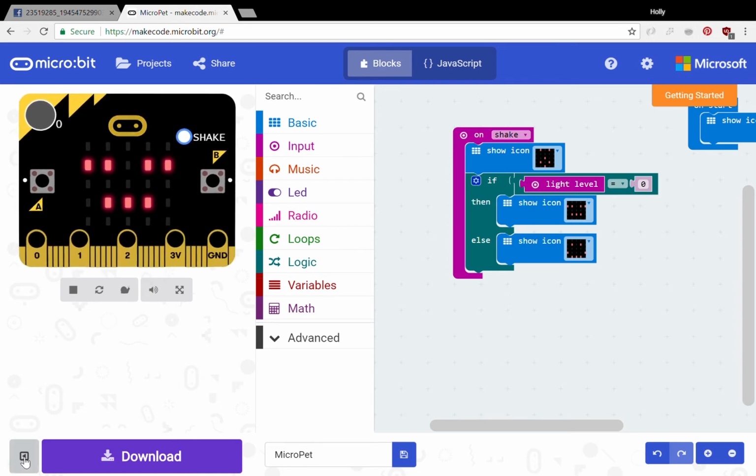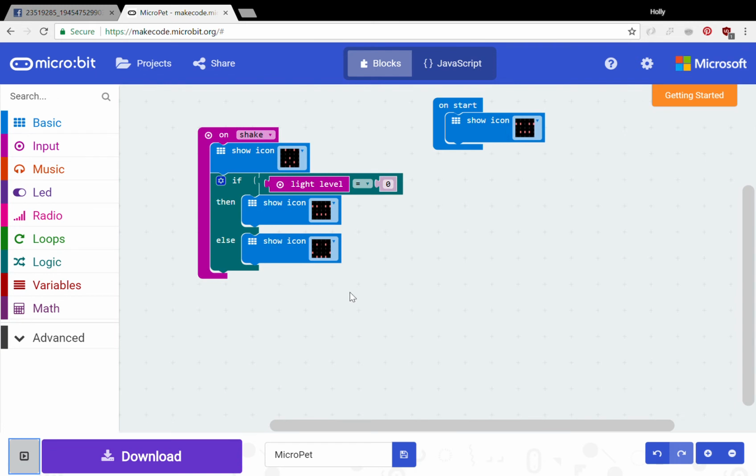Now, if you want to, you can save this and copy it across onto your microbit and then go and test it in a dark room. What you'll probably find is that you can't get it dark enough for the light level to be 0. So I've tested this in a few rooms, but the way we need to test it to find out the